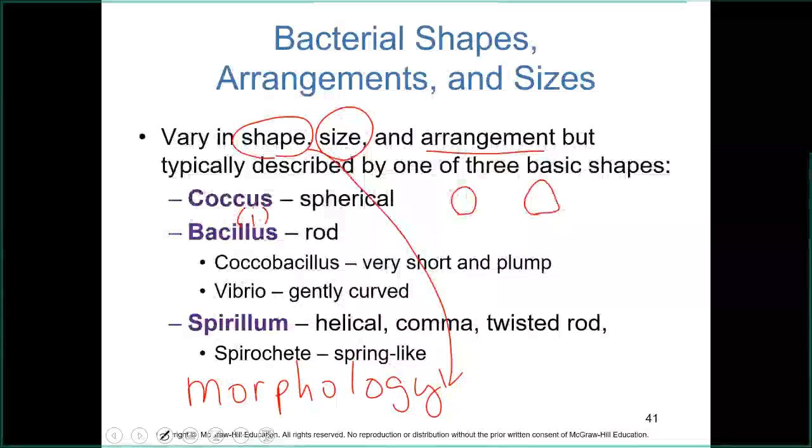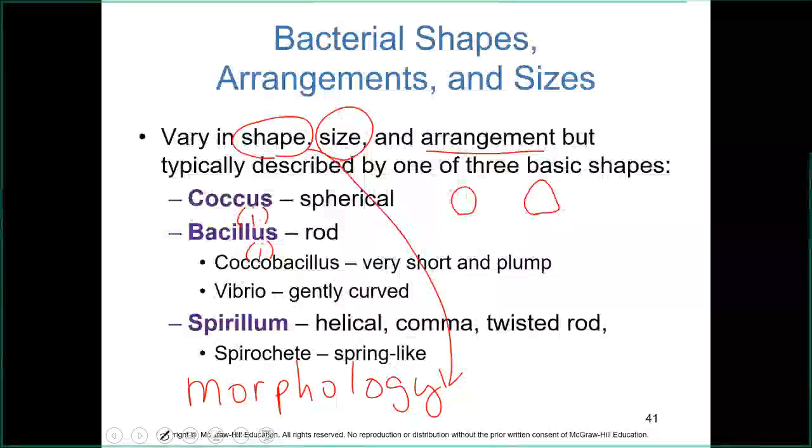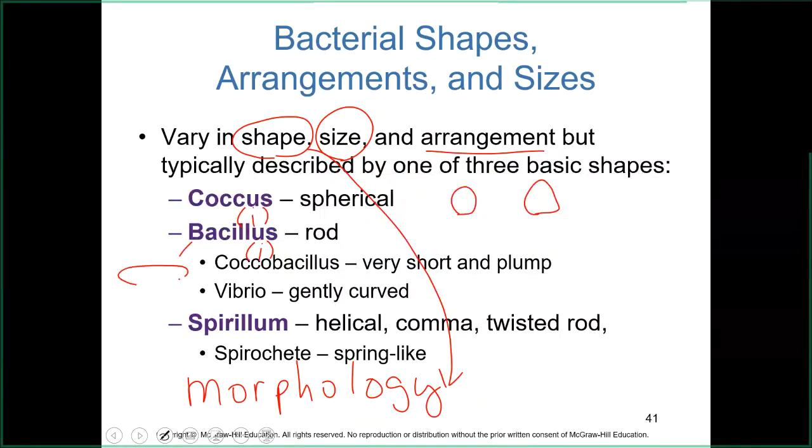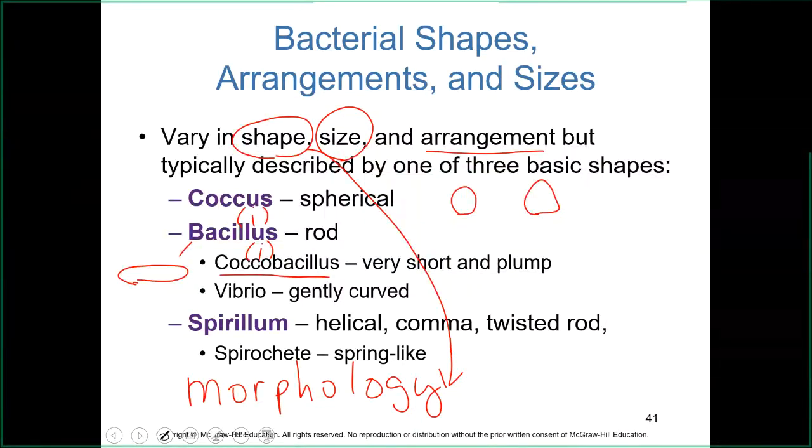Rods, on the other hand, the technical term for a rod is bacillus. And again, we can pluralize that one by taking the us off and putting on an i. That would be pronounced bacilli, right? Those have an elongated appearance, a capsule-shaped appearance. Some species are little short rods, some are longer. You know, it just depends. Like, for example, Coccobacillus, that's a genus. They have little short, plump rods, but they are nonetheless a little longer than they are wide,